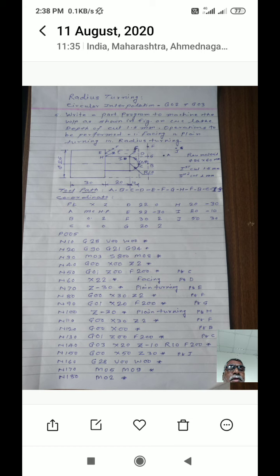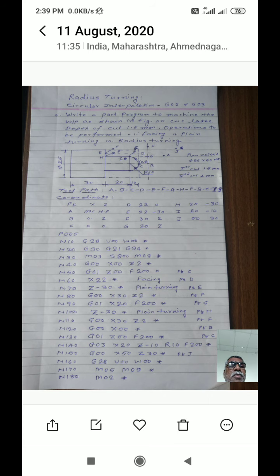In 70, you just mention the tool movement along the Z axis by mentioning its coordinate, and Z coordinate having minus 30. So, N70 Z minus 30, end of the block. Means during this block, a plain turning operation is performed. Is it okay? In this block, you can achieve the diameter 22.